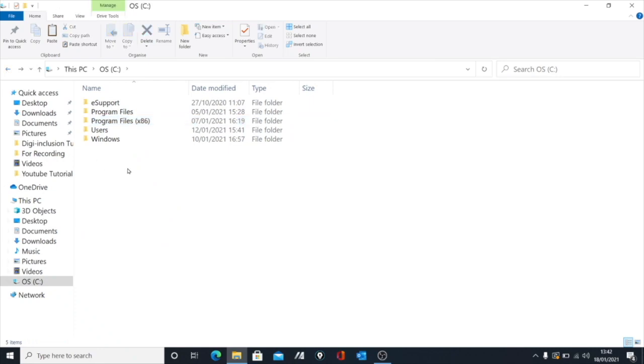And you know, these things are kind of designed for people who want to do a bit of software development, or if they're doing something a bit more advanced. Generally speaking, it's best to stick to things that are in your documents, your pictures, your desktop, your downloads. Those are things that if you delete, it might be annoying because you might be like, oh, I wanted that, but it's not going to affect the running of your computer. But the same doesn't go for the program files. So that's it really. It's just a little tip, and it's just something to be aware of.